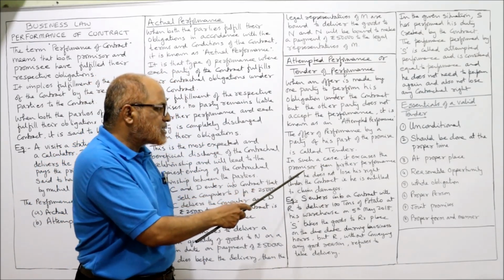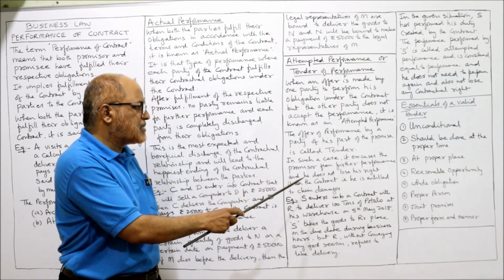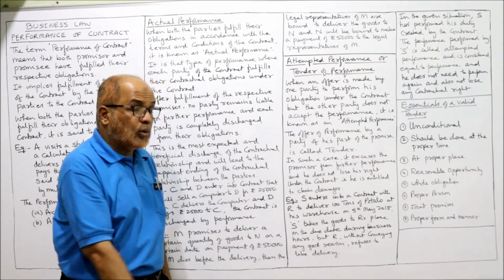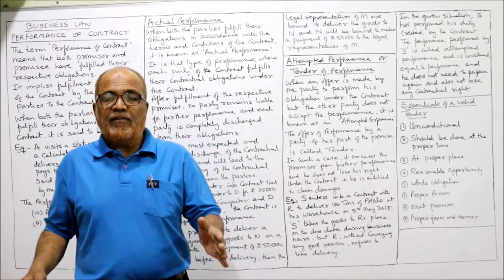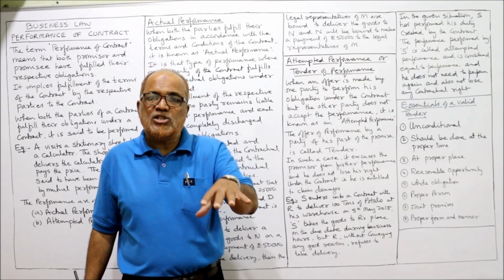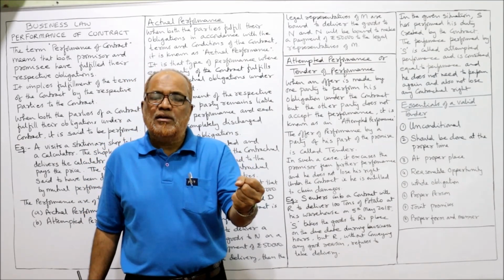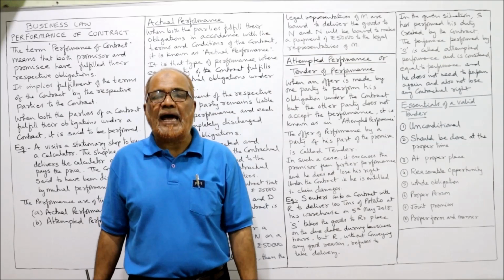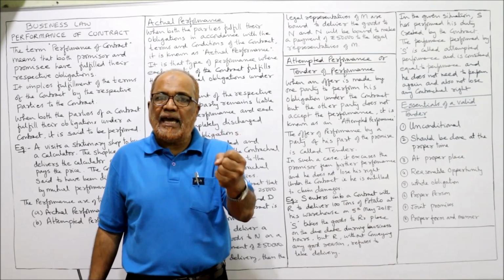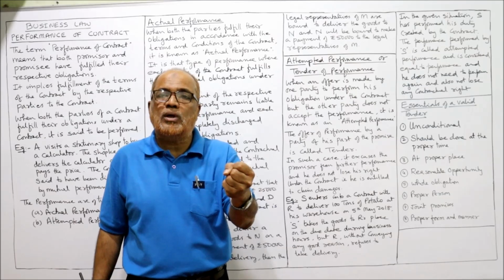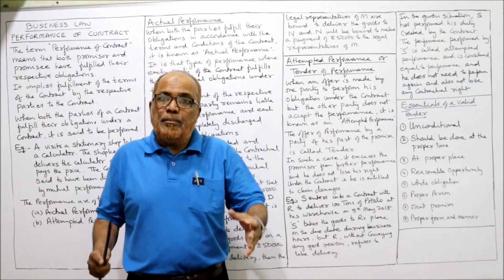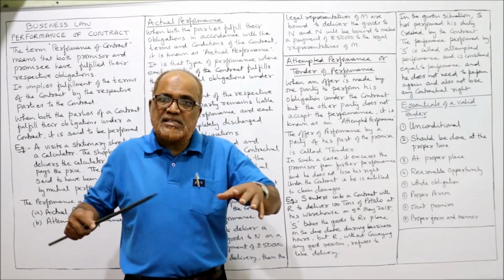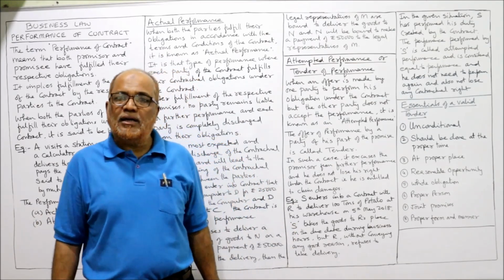Now in such a case, it excuses the promisor from further performance, and he does not lose his right under the contract. That is, he is entitled to claim damages. When the promisor is ready to complete his promise, he has the full right, because he is ready to complete the contract, but the other party is not accepting the performance. In that case, A has the right to claim damages from B, because B is refusing to accept the performance, whereas A is complying with all the terms and conditions.